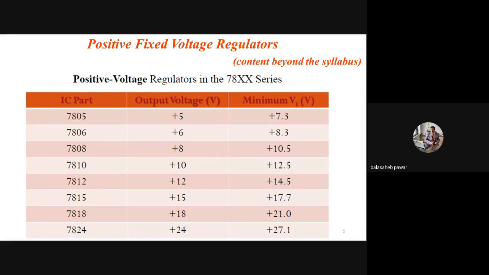Similarly, 7806. So all these are the available ICs in that 78 series, right? Accordingly, we have to select according to our need, our requirement. Now the last column, which is most important, is nothing but the minimum input. Okay, last column is for minimum input. See, logically looking towards this one, if we have taken the first IC, that is 7805, it will provide the output as 5 volt. But what about its input? Without any input voltage, we can say unregulated input voltage, can we obtain the output as 5 volt?